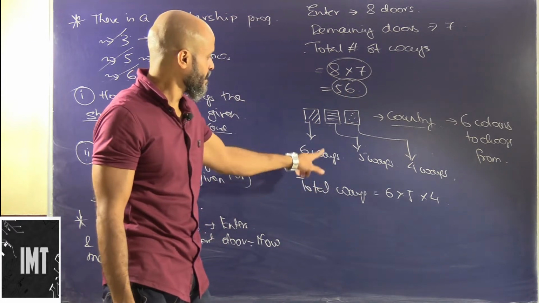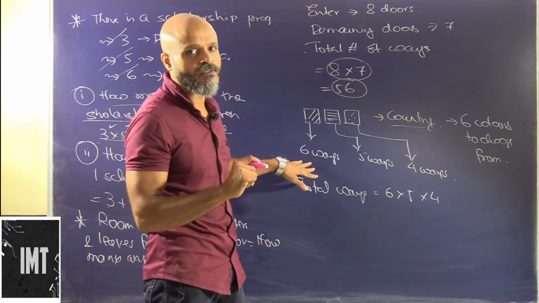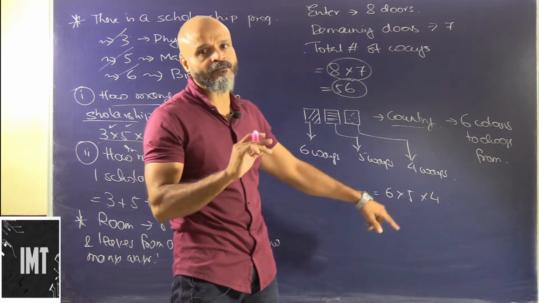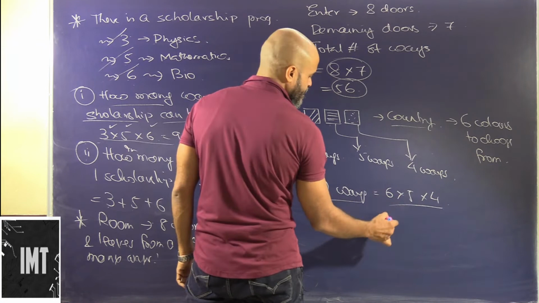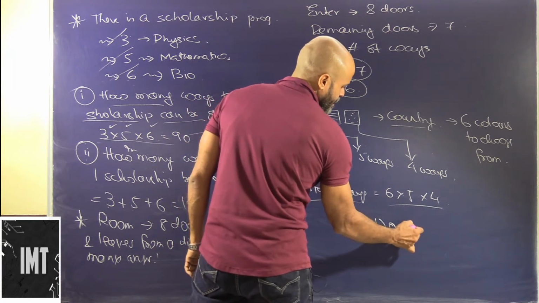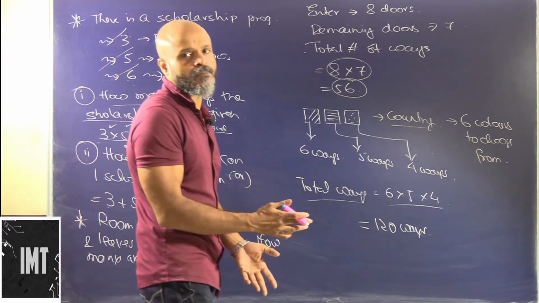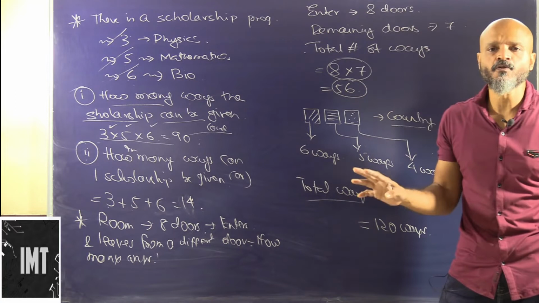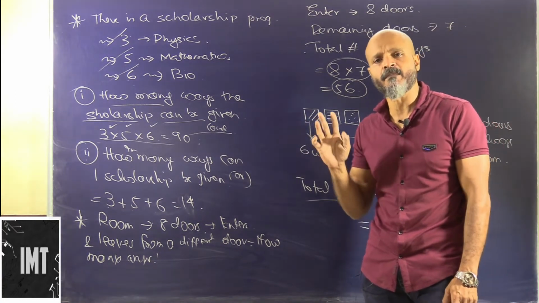Here also the choosing of the color is dependent. After you have chosen 6, you will be left with 5. After you have chosen that one as well, you will be left with 4. So the total ways will be 6 into 5 into 4, that is 120 ways. So these are simple concepts that we generally apply. Okay, we will go into permutation, but before that we need to have clarity as to where we have to apply the concept of addition and where we have to apply the concept of multiplication.